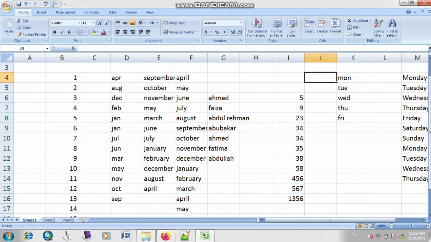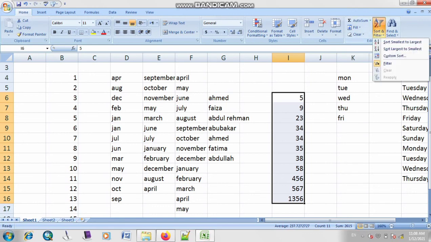So as you can see, your whole series is converted into ascending order, like smallest to largest number. If you are talking about text, then it will be A to Z or Z to A. And if you are talking about numbers, then it will be smallest to largest or largest to smallest. That means the smallest value will appear at the top of your list, and the bigger value will appear at the end of your list.